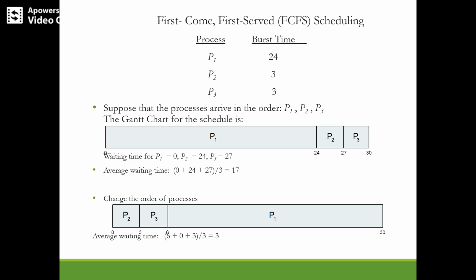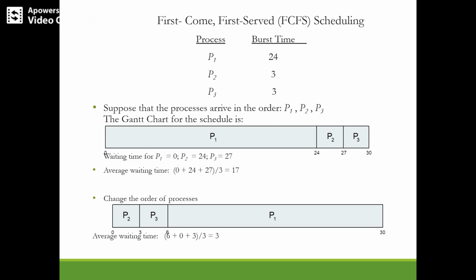You can observe that it goes in a first in, first out manner. So here the first process P1 has a burst time of 24 milliseconds, and next we have process P2. All these processes will be waiting in the ready queue. First P1 will be at the head, and all three processes will be waiting in the queue. So the first chance to come into the CPU goes to process P1, because it is first in, first out.